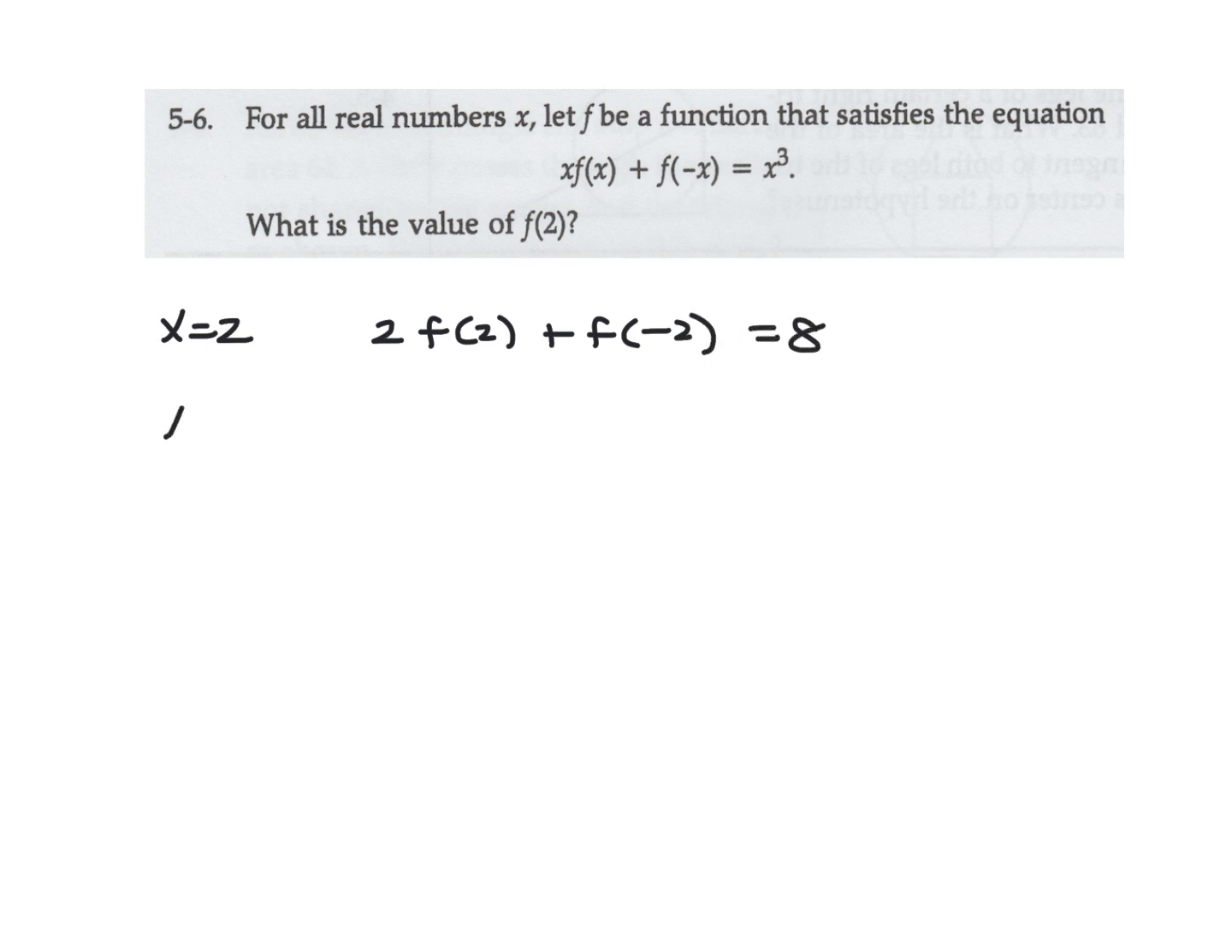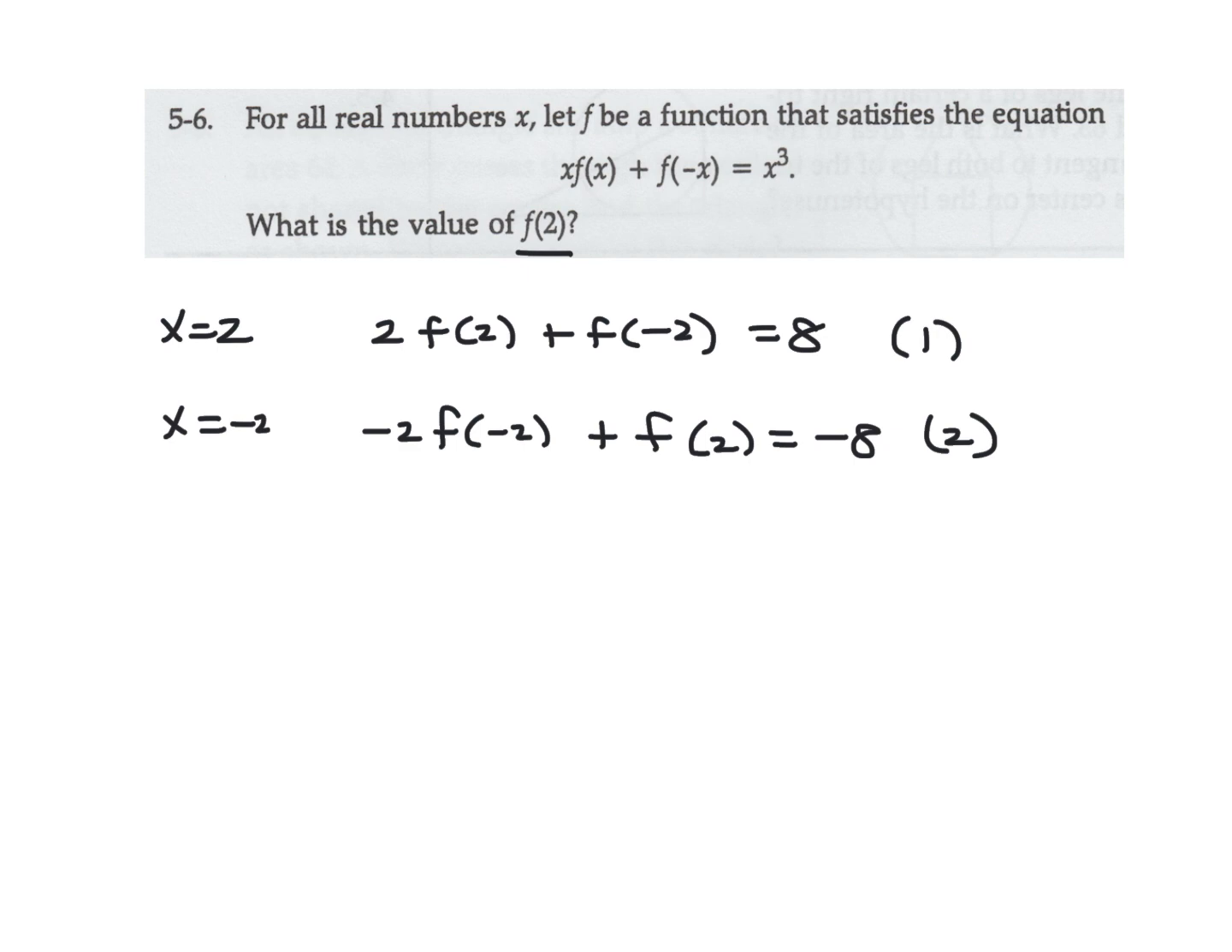And then let's see what happens when x is negative 2. It'll be negative 2 times f at negative 2 plus f at 2 is negative 2 to the power of 3, which is negative 8. Let's call this equation 1. Let's call this equation 2. And I'm really just interested in f at 2, right? So if I can get rid of the f at negative 2, then I will be able to solve this pretty quickly. So what I can do is I can do 2 times equation 1,